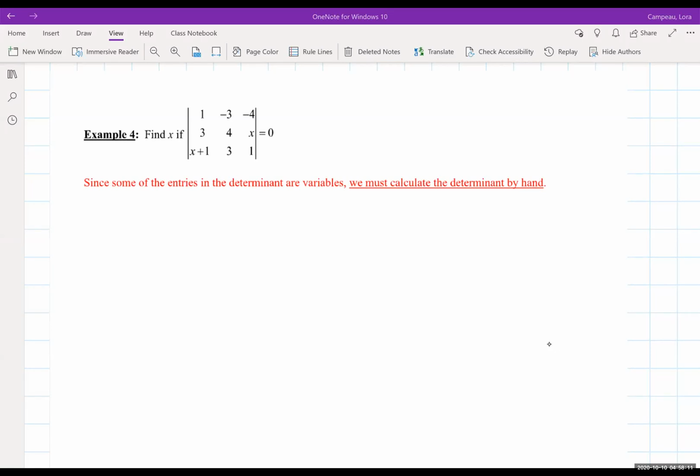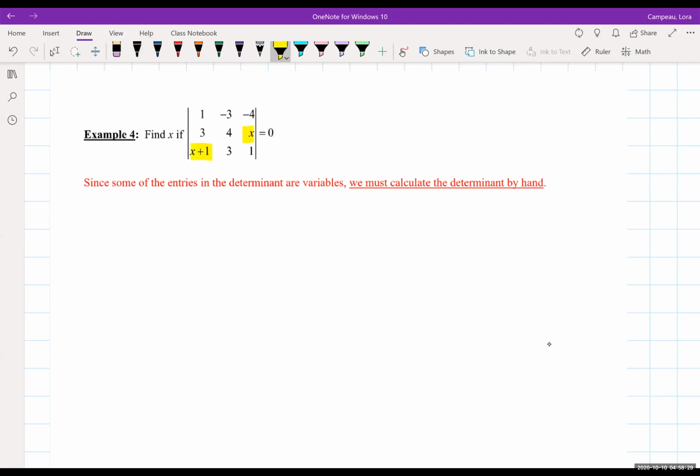So now we're going to apply using the determinant to find missing entry values inside the matrix. You'll notice in this example, it's asking us to find x. So that we can see where x is located in 2 entries of this 3x3 matrix. We also notice that it's actually given us an equation. We see this equal to 0. And even understanding what this means, you do see the bars. So that is fully letting us know that we have to actually compute the determinant so that we can